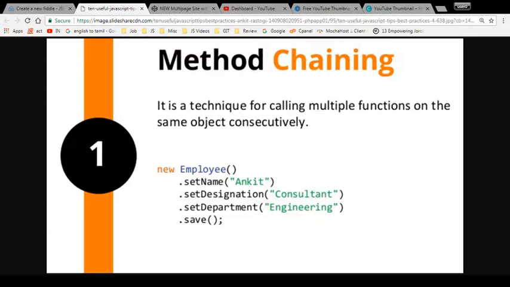Today we are going to see method chaining in JavaScript. What is method chaining? It's a technique for calling multiple functions on the same object consecutively. Okay, so it's again just calling a function. Instead of calling a function one by one in every single row, you can call multiple functions as a